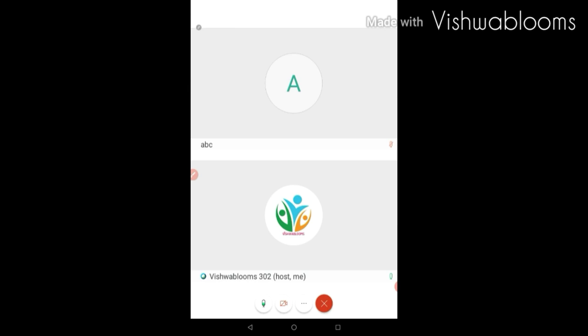Understood? So if you click on accept, what will happen? Obviously they can scribble on my screen. Why do I want that? If I click on decline, they will not be able to scribble on my screen. Only I can see that. And for whoever is non-host, they get one more option, that is raise hand, on the right corner.